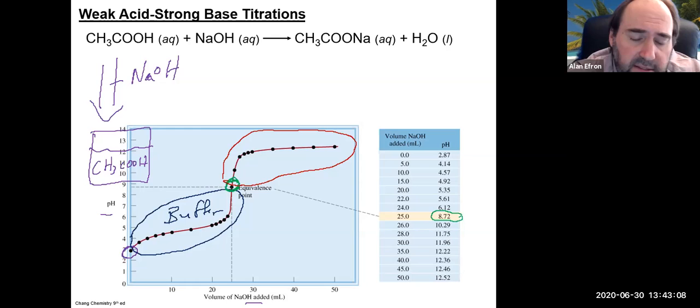And you do see a similar curve, maybe not as steep as we saw on the other one. Also, we see it starts a little higher up on the pH, but again, this area is not as steep, but we still see that vertical rise as we reach the equivalence point. So this problem is a little bit different, in the sense that at the